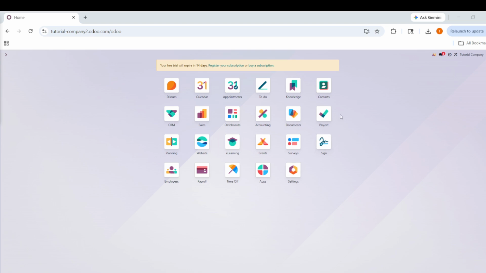First, log into your Odoo account. Take a moment to make sure you are entering your correct login details and then complete the sign-in so you can access your profile settings. Once you are successfully logged in, you are ready to move to the next part, where Odoo lets you manage